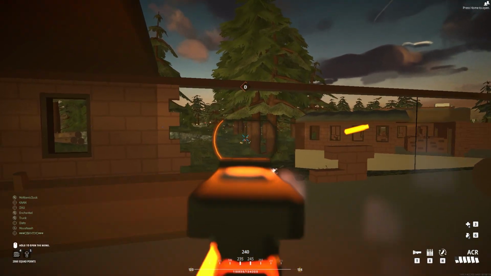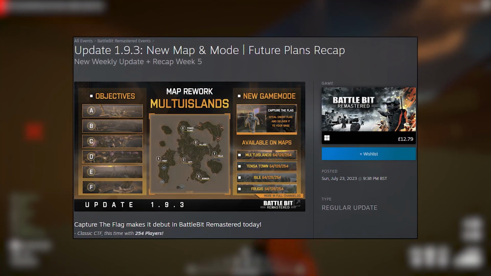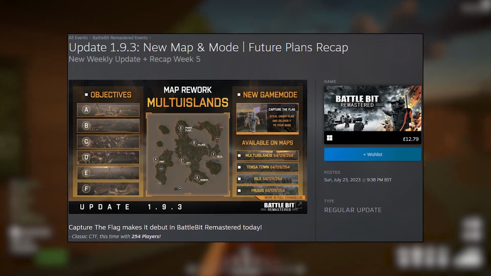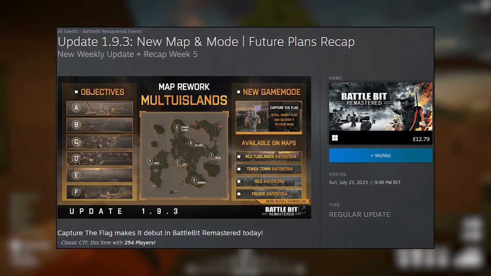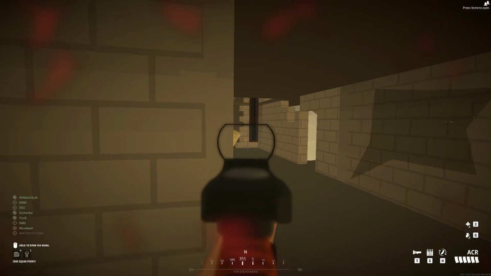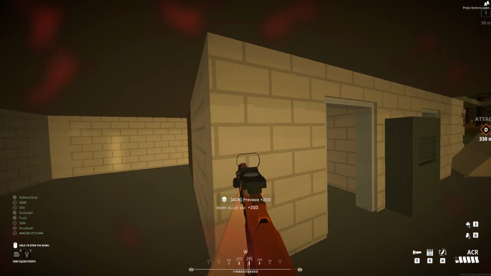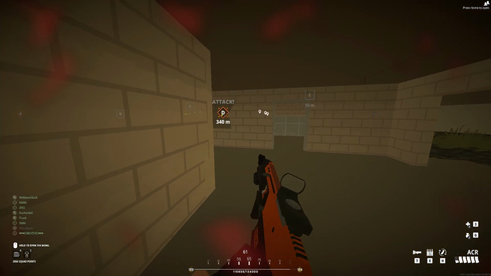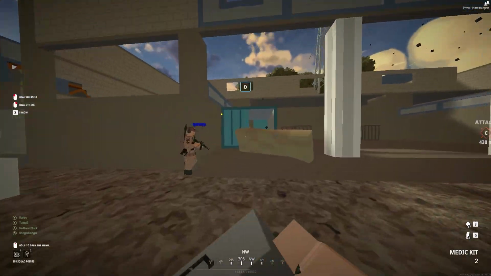Now, if you haven't heard already, Battlebit pushed their newest update, update 1.93, on the 23rd of July, and there's some pretty big stuff that's been added with this one. So in this video, I'll be covering the major changes and new additions that you can expect when you next log in, and some of the minor stuff too. There was some talk about future plans as well in this one, which I'll make sure to include,